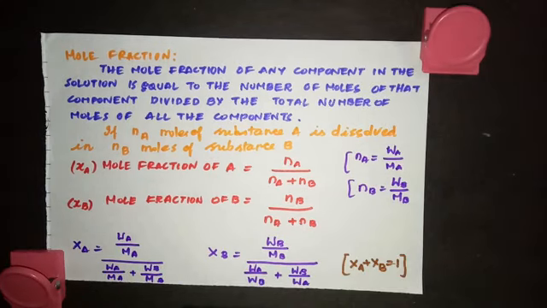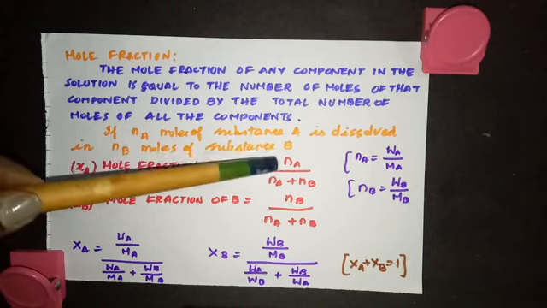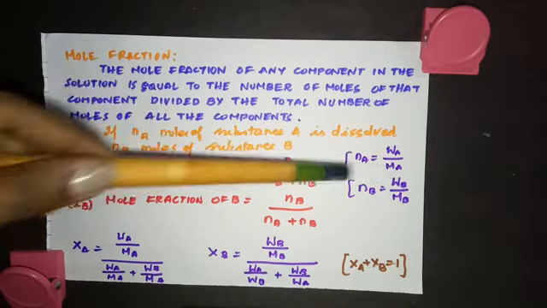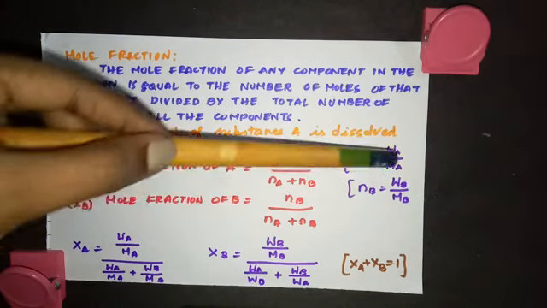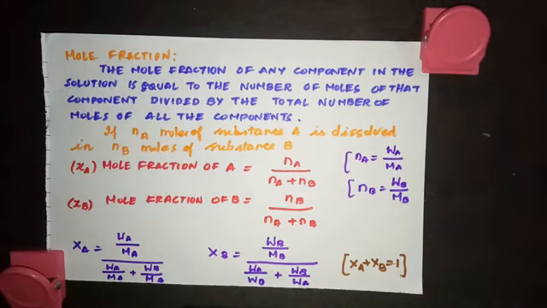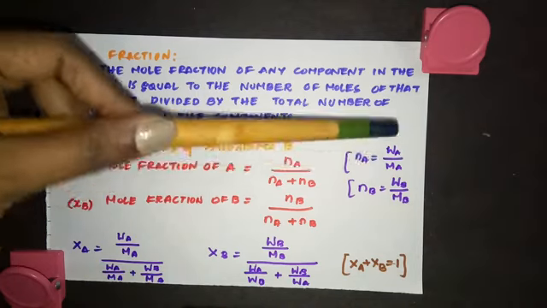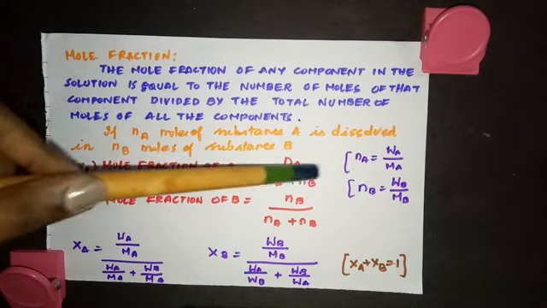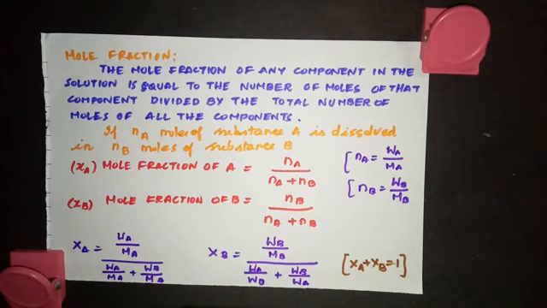We have seen in the previous video how to calculate the number of moles. Number of moles is equal to given mass by molar mass. So when we say number of moles of A, we mean mass of A divided by molar mass of A. Same way, number of moles of B is equal to mass of B by molecular mass of B. If the number of moles is not directly given in the question, and instead they give you the mass of A, then you have to divide it by the molecular mass and find the number of moles of A.